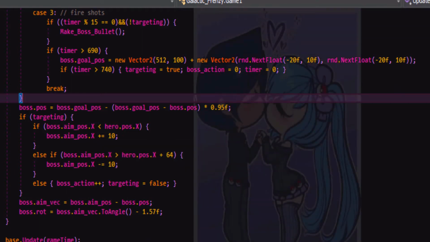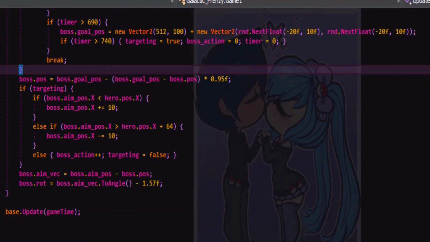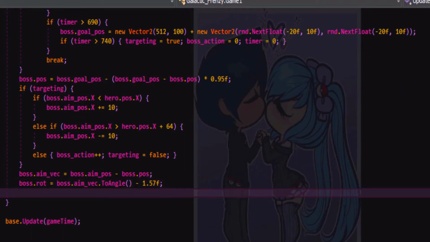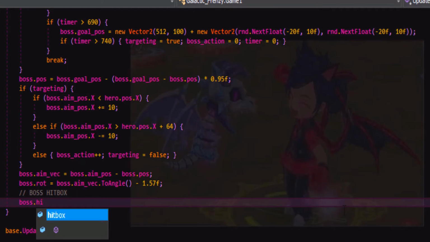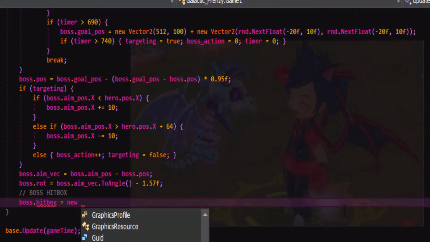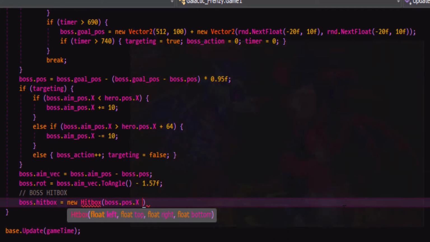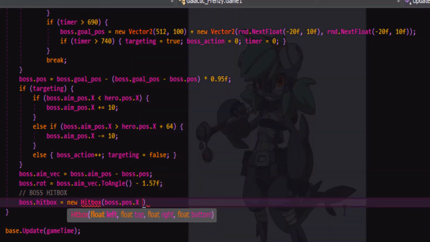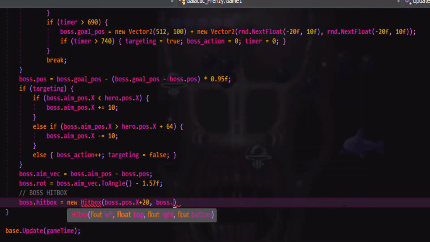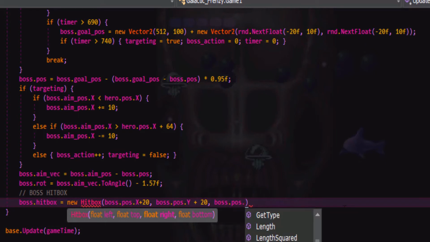So let's go down under here and set up a hitbox for the boss. And we'll say boss hitbox, and we'll set his hitbox to be equal to new hitbox, boss position.x. So I need it to be partly into the boss, maybe 20 plus 20, boss.position.y plus 20, comma boss position. It'll depend on your boss.